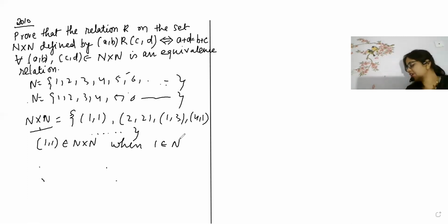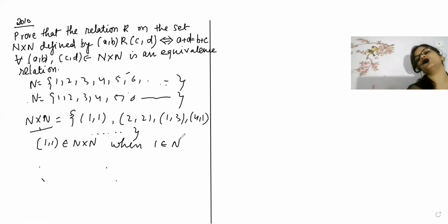Then the ordered pair will become an element of N cross N. Okay, so now I hope you have understood why they have given N cross N. When you do N cross N, that is the Cartesian product of two natural numbers, and you will not be getting an element, you will be getting an ordered pair. So that is what you have to represent here, the ordered pair. Okay, so the relation is belonging to an ordered pair.